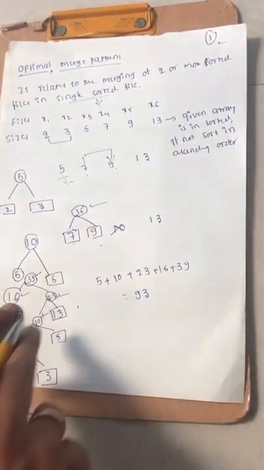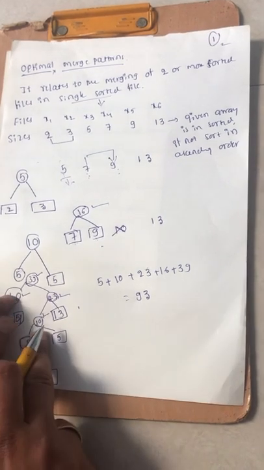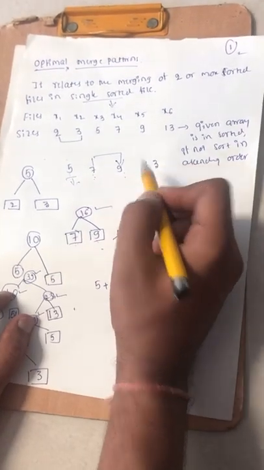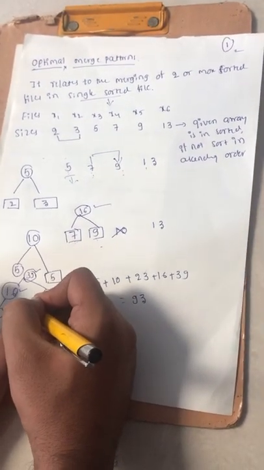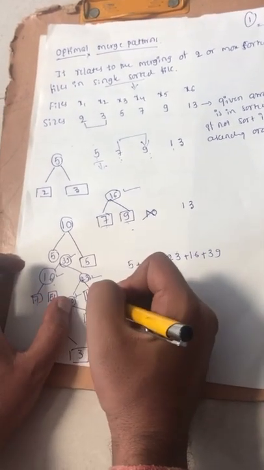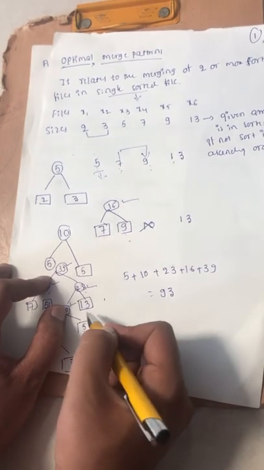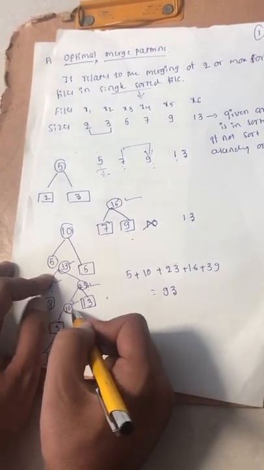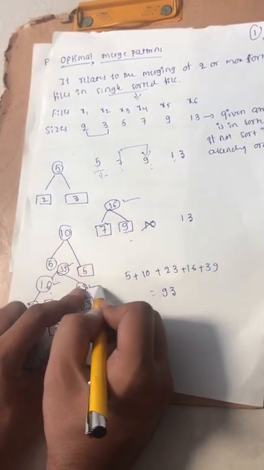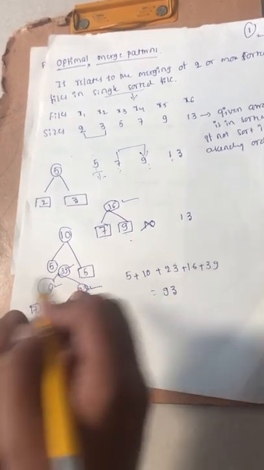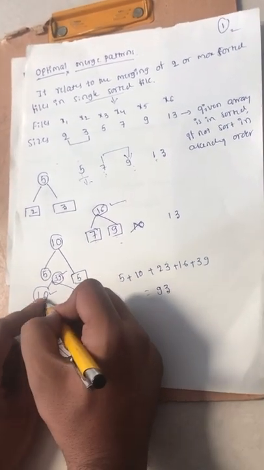Now I got one 10 here, one 16 here. If you add 13 to 16, that will be 29 here. If I add 10 and 13, I get 23. Instead of adding to the 16, I will add 13 to the 10 here. Okay, 10 plus 13 will be 23 now. I hope I am clear. Now 23 plus 16 will be 39.